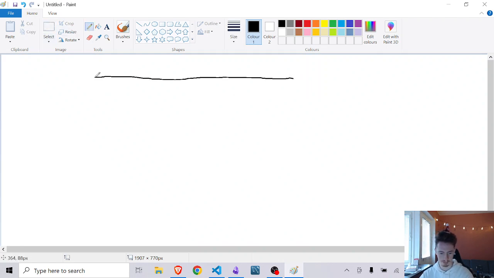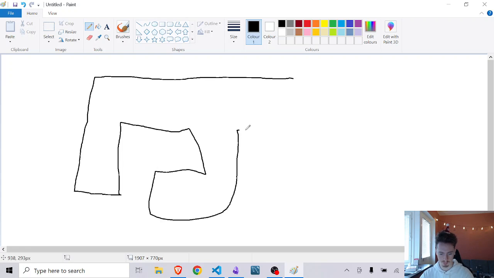So if we have something like this, some very confusing shape, then this would be 1 edge, this would be 2 edges, this would be 3, 4, 5, 6, 7, 8, 9, 10, 11, 12. And the more complex the shape gets, the more edges we get. But basically what we're going to be interested in is, once we get the edges,